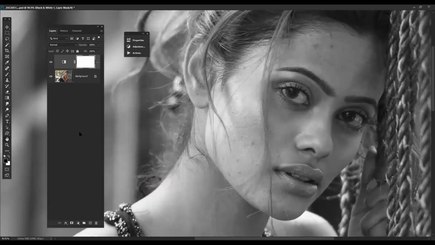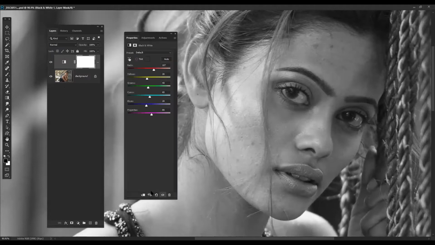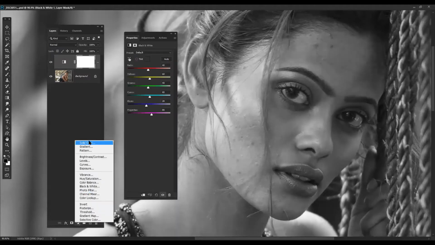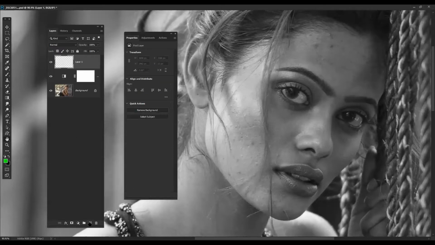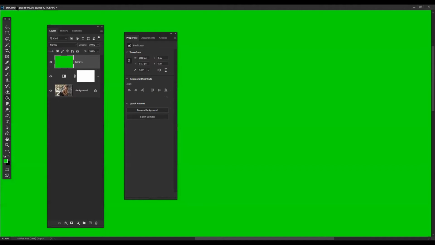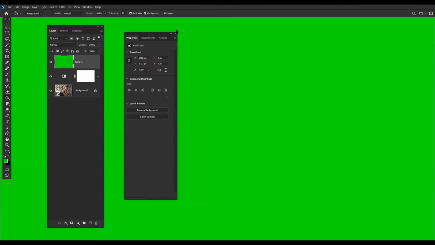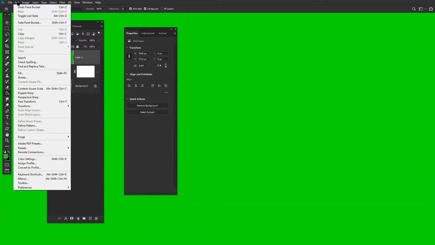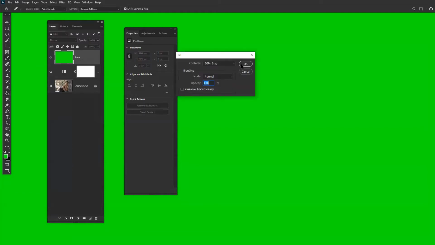And one more thing that you can add in a checker layer is: make a blank layer, fill any color with it, and from here go to edit, fill, 50% gray.